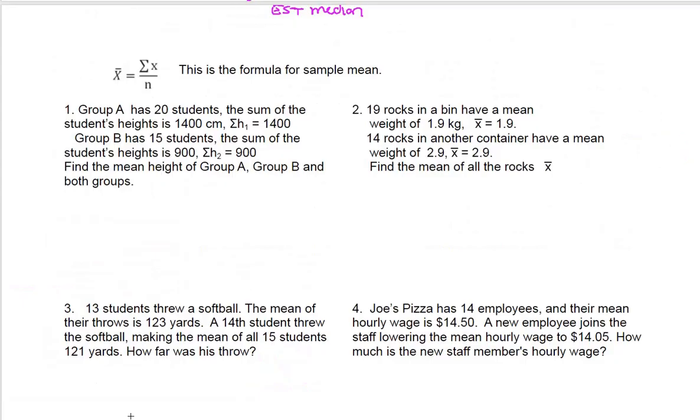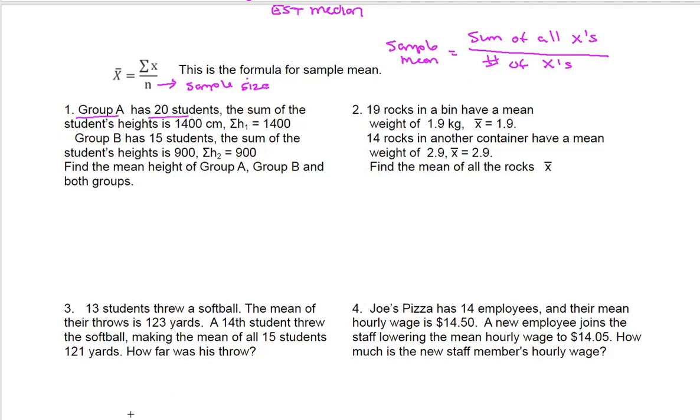All right. Now in this next area, we're going to be dealing with this formula: the sample mean is equal to the sum of all x's over the number of pieces of data. What can happen is you can get problems where they give you this kind of information and you're going to use this formula forwards, backwards, and sometimes you're going to combine things. For example, in number one, basically what they want us to do is find the mean